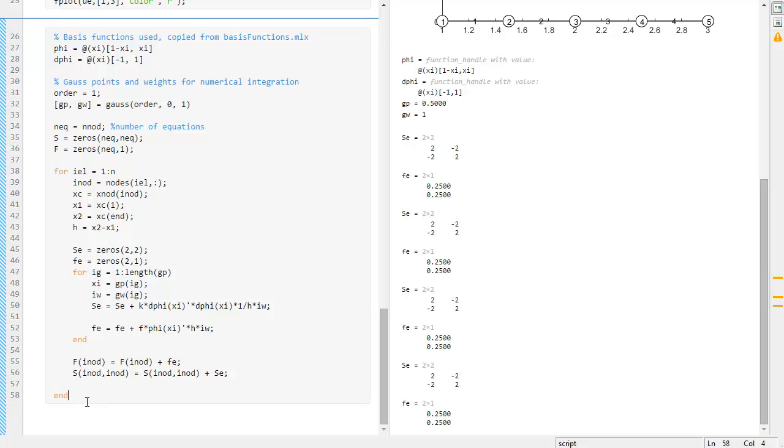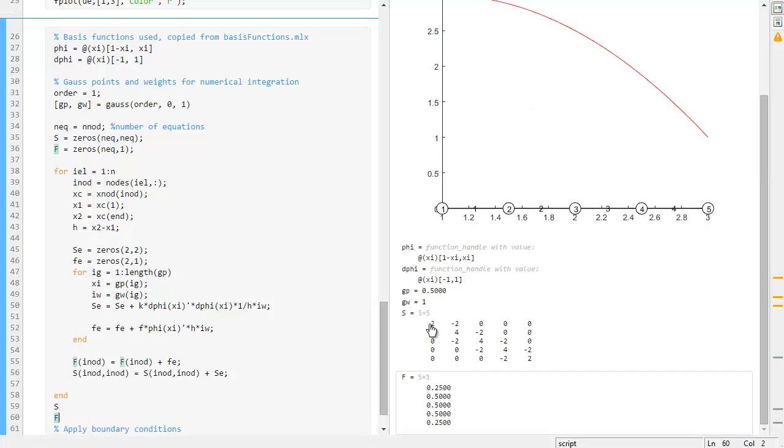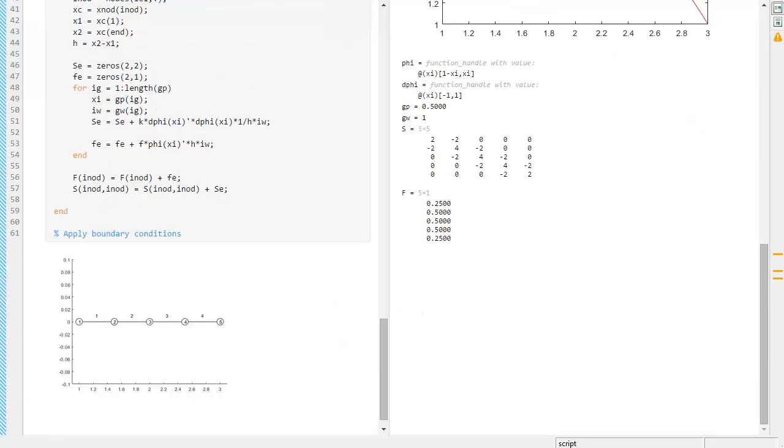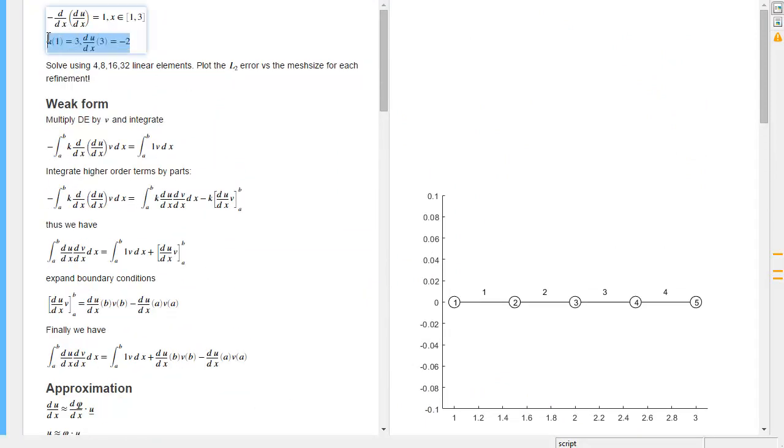Okay, time to apply boundary conditions. But before we apply boundary conditions, we can just write out S and F here and run this, and you can see that our S matrix, the stiffness matrix, has been populated and F has been populated. Alright, now we need to apply boundary conditions. So it's always good to have the mesh sketch lying around here so we can see the nodes, the numbering of the nodes and the elements, and our boundary conditions. So I will just go up and grab them